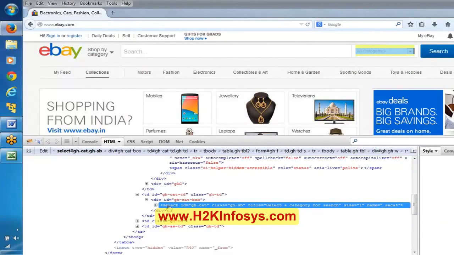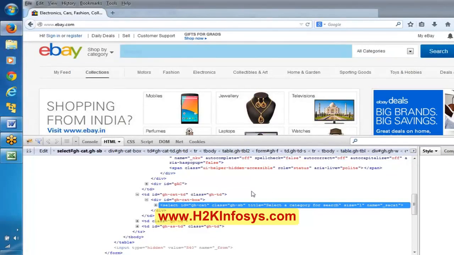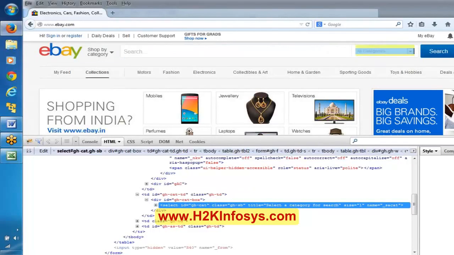What is the HTML tag over here? And what are the different attributes? In this highlighted part, what is the HTML tag and what are the attributes?